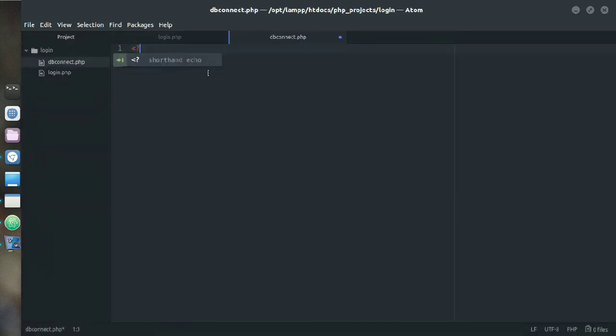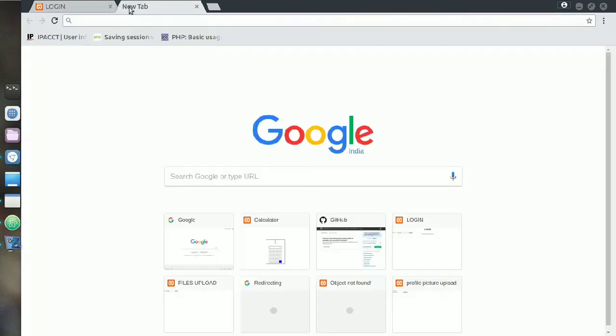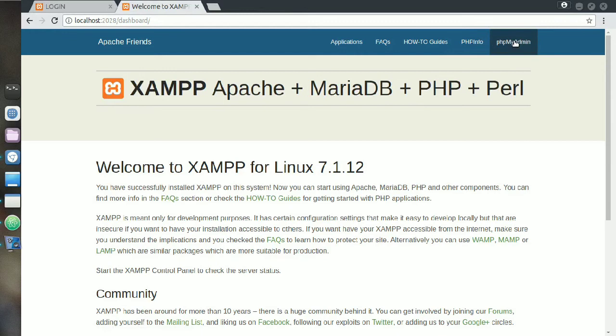and now go to your editor and create a new file, that is dbconnect.php, and it will connect your PHP file with your database. So first start your PHP tag, and inside it create a variable that is the server name, and if you are using XAMPP or WAMP, your default server name is localhost, so just write inside it. Okay, then again if you are using XAMPP or WAMP, your default username is root and your default password is blank. So just store that inside your created variables,